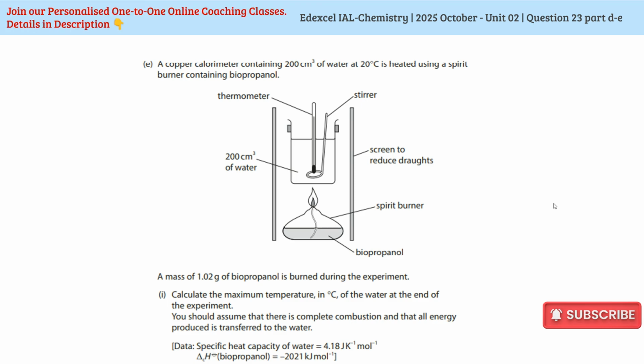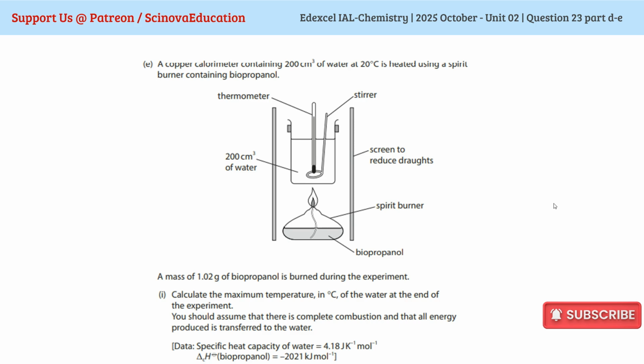Part E, you should assume that there is complete combustion and that all energy produced is transferred to water. Specific heat capacity is given, but most probably this could be a printing mistake in the paper. The specific heat capacity is given in units joules per Kelvin per mole. It should be corrected as joules per Kelvin per gram. And delta H of combustion of biopropanol is given, and